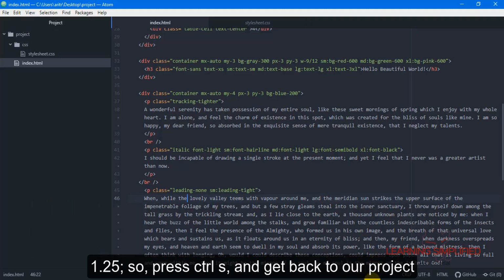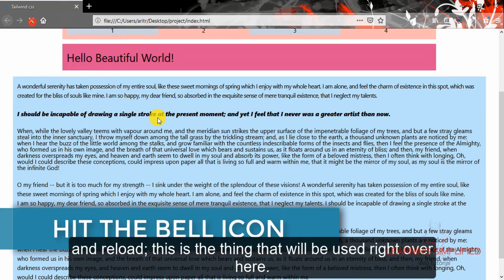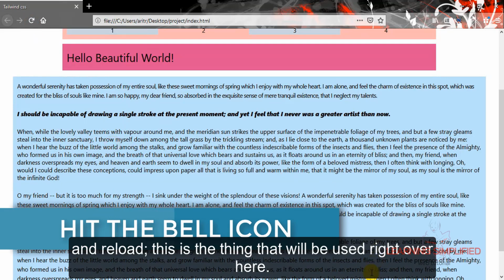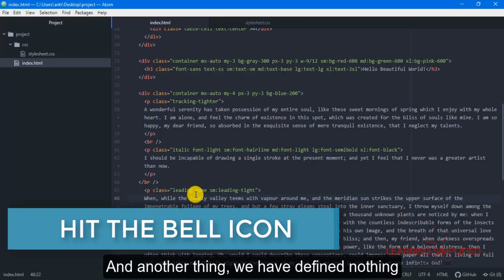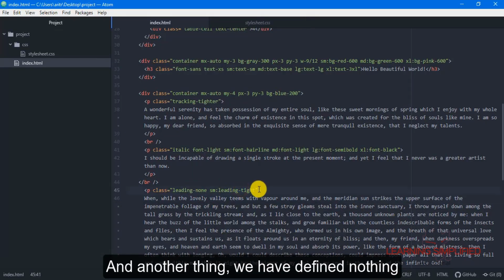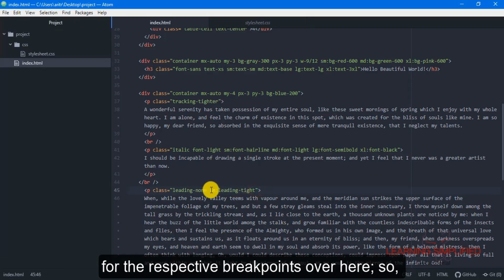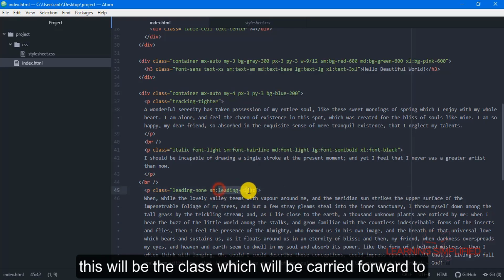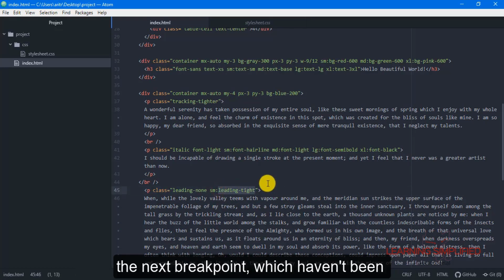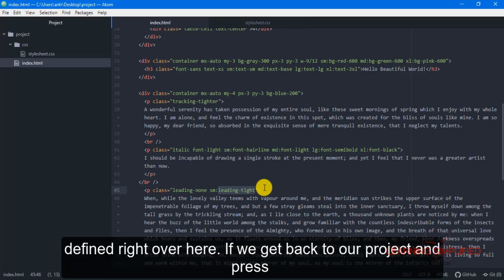So press Ctrl S and get back to our project and reload. This is the thing that will be used right over here. And another thing, we have defined nothing for the respective breakpoints over here. So this will be the class which will be carried forward to the next breakpoints which haven't been defined right over here.